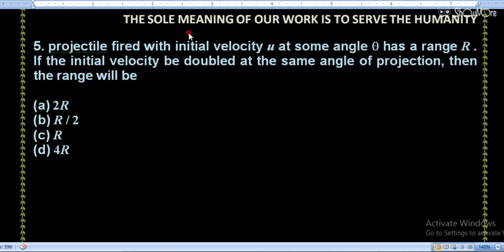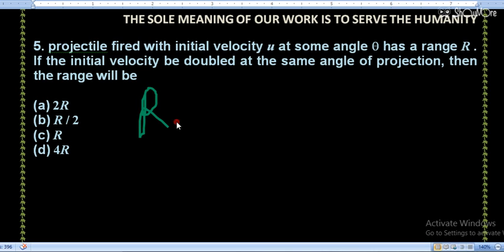After that we will discuss. So the question is: a projectile fired with initial velocity u at some angle theta has a range R. If the initial velocity is doubled at the same angle of projection, then what will the range be? Students, this is a question regarding the range, and if you know the range relation, then